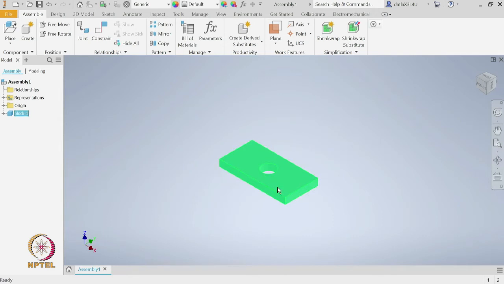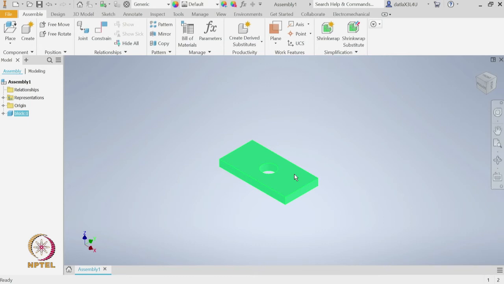So, as we previously mentioned, we use constraints to define how two components interact with each other. So, here we have this first component. Now, I will again do Control C and Control V to create a second instance. Let me place it here. Okay. So, now let us say these are two components we have, we need to assemble them together. Let us say to start with we want to place them one on top of each other. How do we do that?